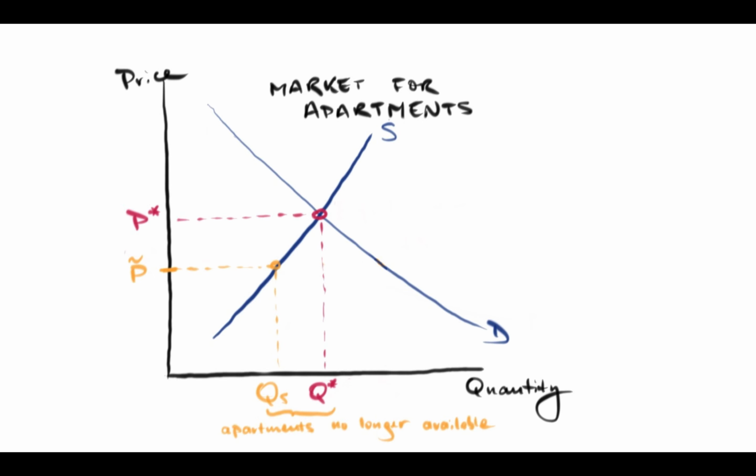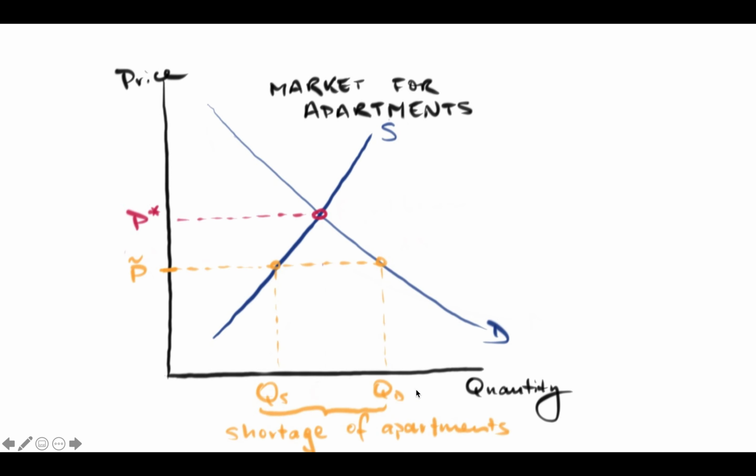Now, that's one thing that contributes to the shortage of apartments. The other is that more people start looking for apartments. When they hear that you can find an apartment for only P tilde dollars, then they think this is a great idea. These rent-controlled apartments are wonderful for consumers if they can find one. So there's a shortage, but the lower price attracts more people into the market than would have looked for apartments in equilibrium. So that's this difference between Q star and QD.